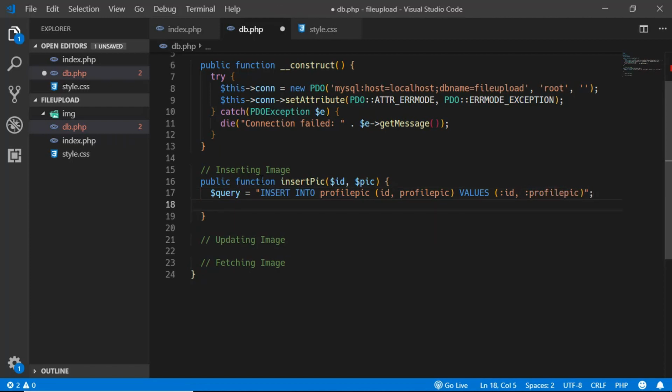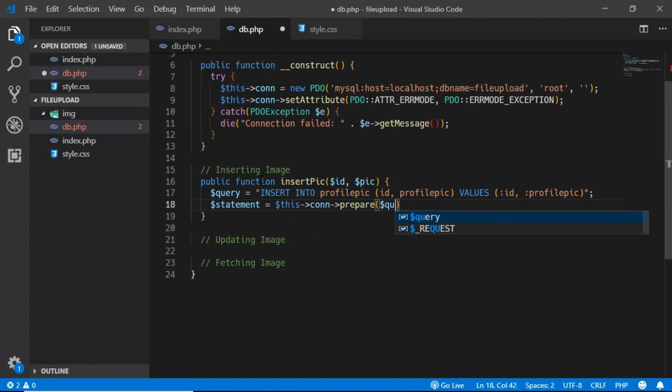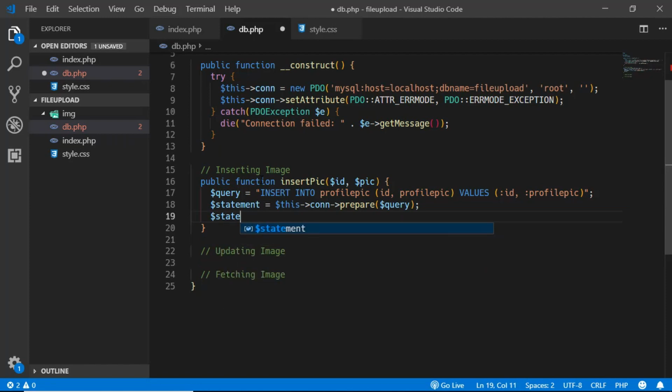Alright, so that's it with the query. Now let's go ahead and prepare our statement. This->con->prepare, and we'll pass in the query. Now we'll execute our statement,